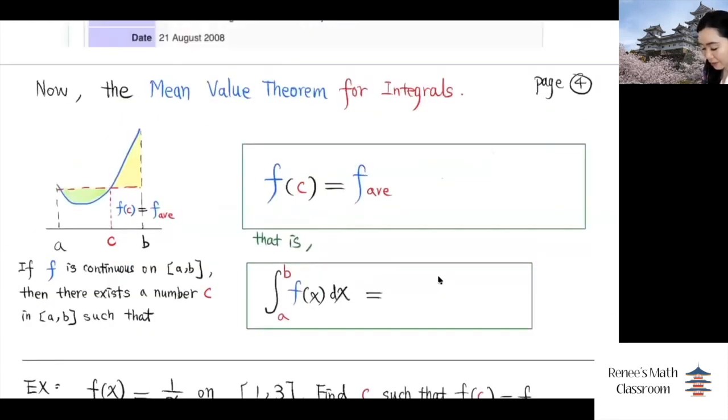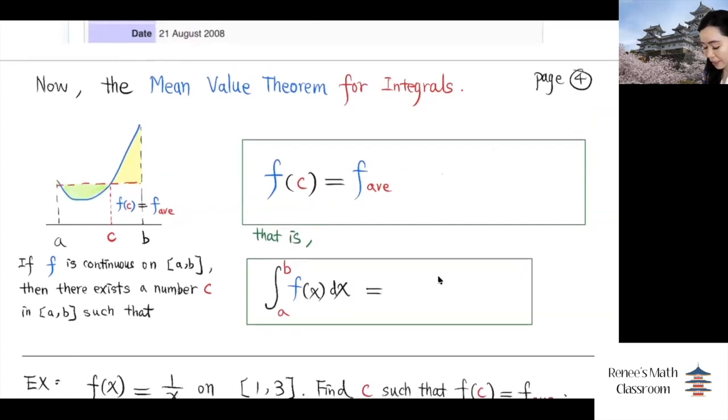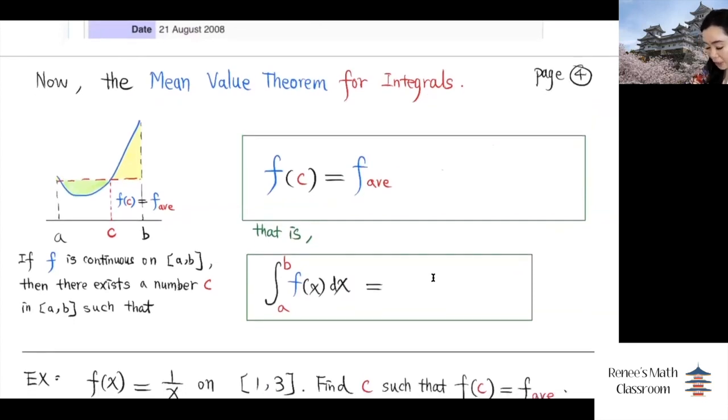So the mean value theorem for integrals today says this: if the function is continuous on this closed interval a to b, then there exists a number c in a to b such that the function value at c is equal to the average value of the function on this interval a to b. So f of c will be equal to f average. You understand? So somewhere in between,